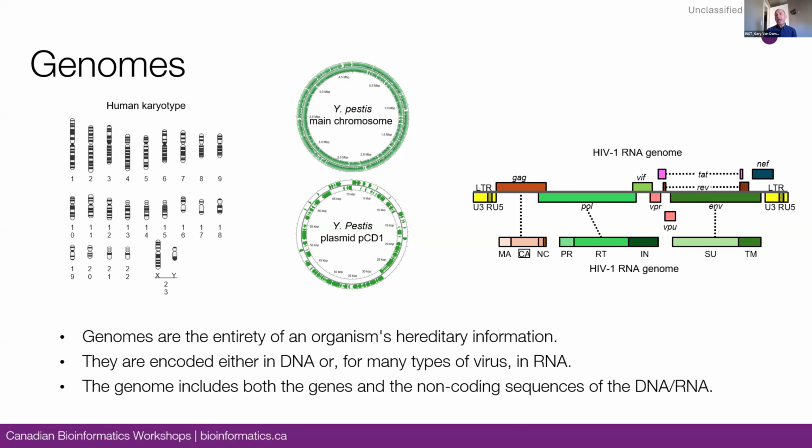People think it's like, oh, it's the DNA, right? But it doesn't need to be DNA, because some organisms encode their genomes in RNA. That's inherited, and it's not just DNA. For example, HIV has an RNA genome. So we have here microbes like bacteria and microbial eukaryotes, and we have DNA-based genomes, double-stranded DNA. But regardless of the medium that's used to encode that hereditary information,